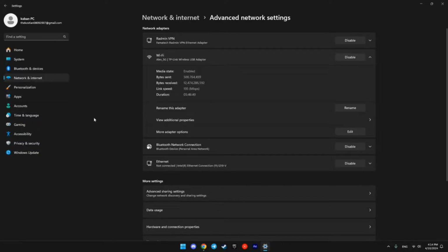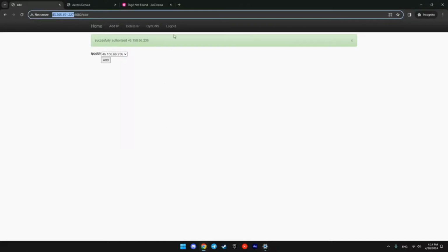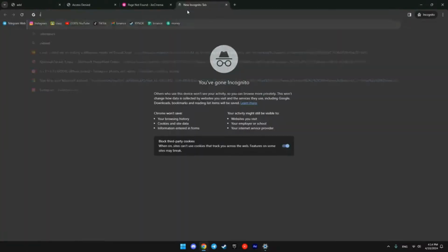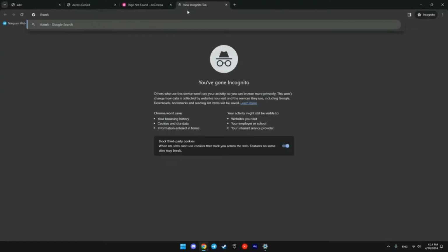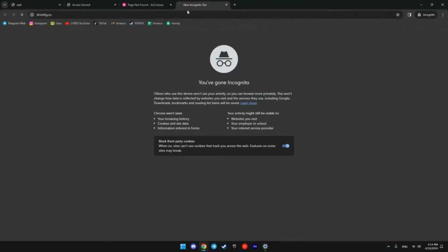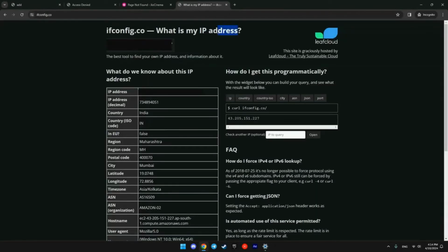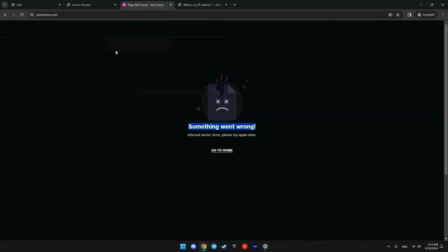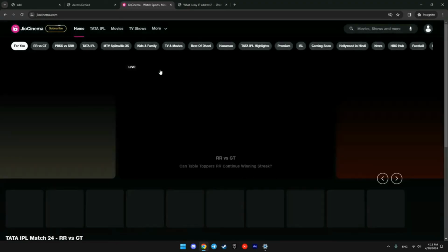Now we want to check if our location has changed to India. Navigate to the ifconfig.co website. Here we see that our country is detected as India. Now we can try to open Hotstar and JioCinema. Let's try JioCinema first. Refresh the page. It's loading. The same with Hotstar. I will put